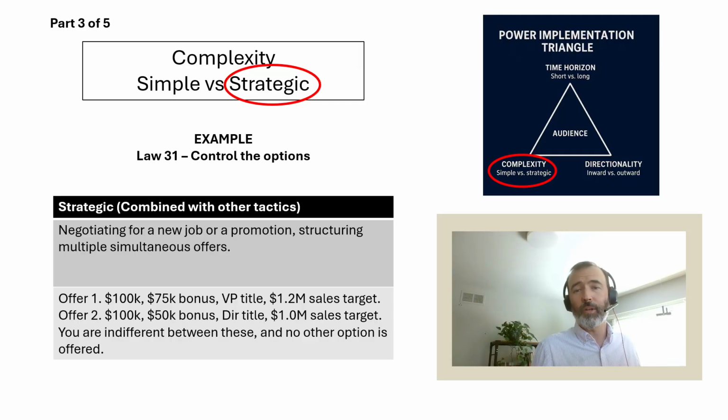If those two options are indifferent, you're going to give those two different options. You're going to see if they really care about that sales number and if they care about that 25K, for example. Now, don't overfocus on these particular two offers. They're just examples, but we're just showing that this has some more complexity to it. There are different moving pieces, and it's part of a series of tactics embedded with other tactics to reveal information that you're trying to get, to get yourself a better deal. So that is our quick example on complexity, simple versus strategic.